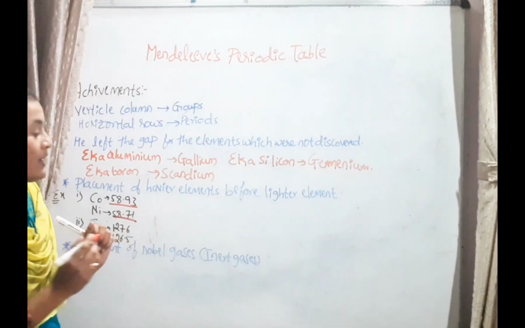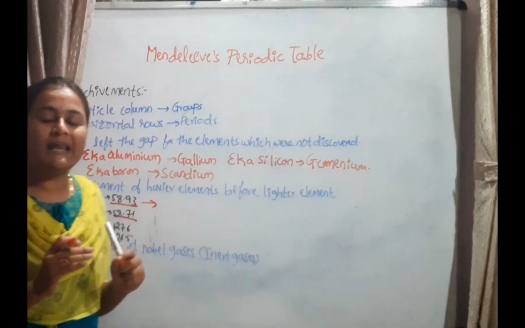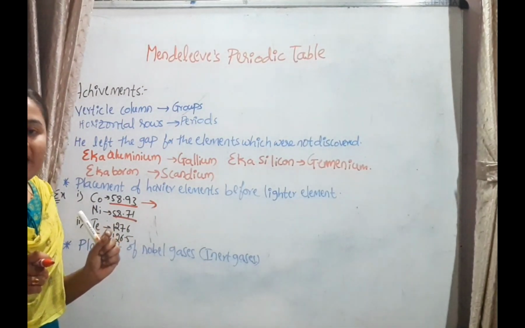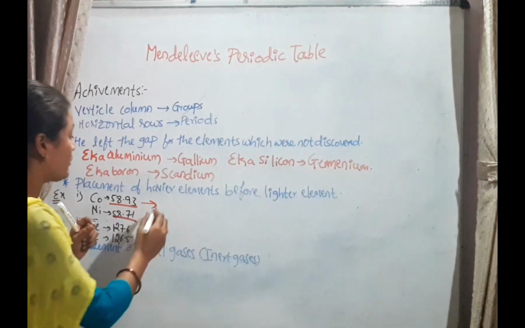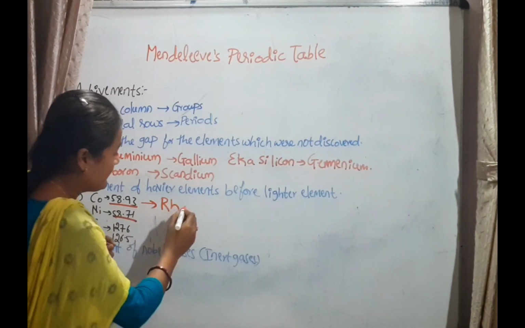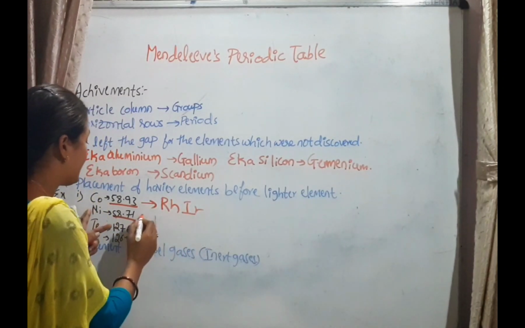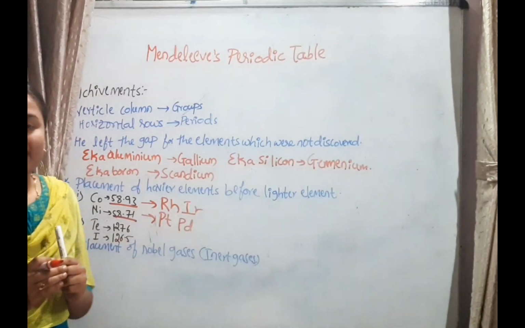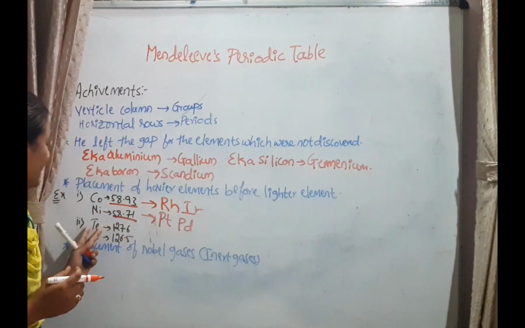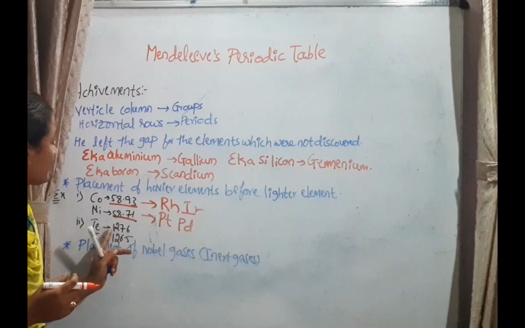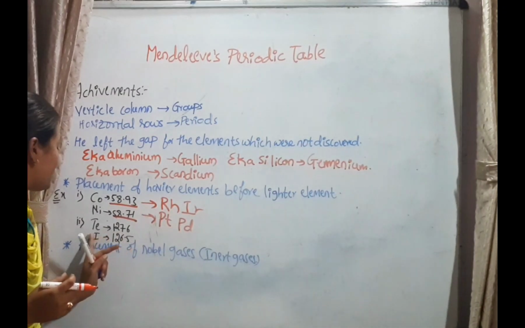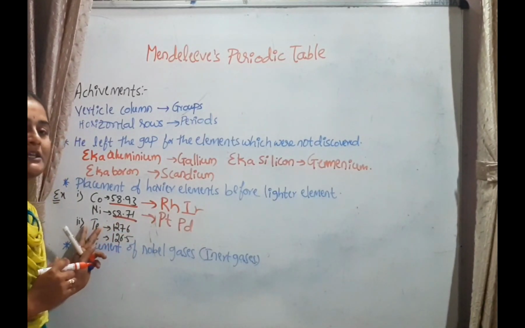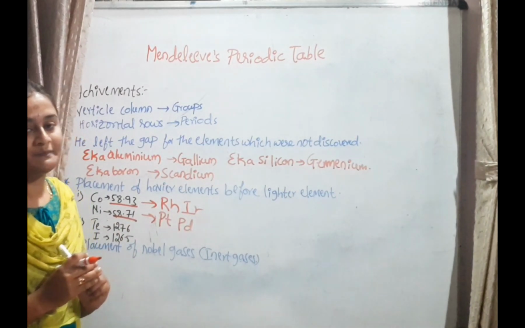He did this because he wanted to group the elements with similar properties. Here cobalt has similar properties to those of the lower elements, that is rhodium and iridium. Similarly, nickel has similar properties with platinum and palladium. And another example for this is tellurium and iodine. Tellurium has the atomic mass 127.6 and iodine has atomic mass 126.5. Tellurium is placed first even though it has the higher atomic mass.